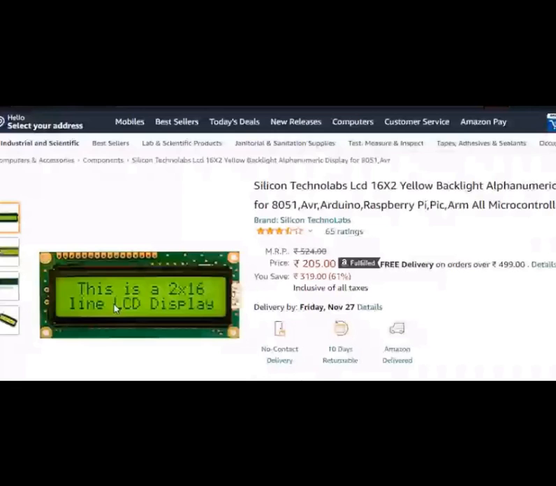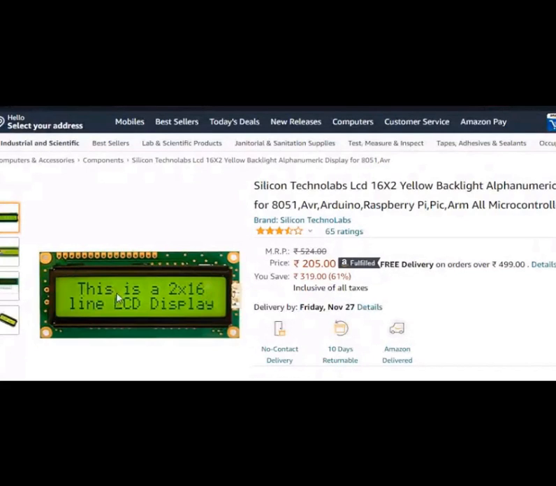This is called a 2x16 LCD. 2x16 LCD means in the first row you can display 16 characters, and in the second row you can display 16 characters. You see, this is a 2x16 line LCD display. So you can use 16 pixels here to display 16 ASCII characters. All ASCII characters can be displayed: plus, minus, and symbol, division, multiplication, star, slash, less than, greater than, question mark. So whatever is there on your computer keyboard, all those things can be displayed in this one.